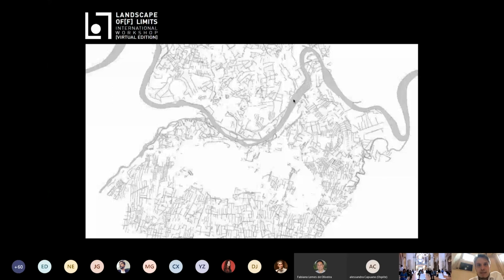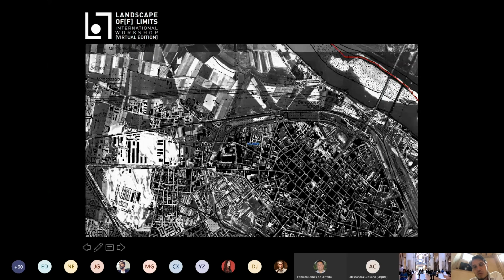This last image is trying to show, and this was material we gave to the different ateliers as a starting point for their discussion and reflection on the topic, how the different infrastructures, the viaduct and the motorway, overlap over time. This covers just 50 years on the agricultural field, creating limits where the continuity of fields and of environment was. Landscape of limits wants also to understand how this sequence of limits can be worked on